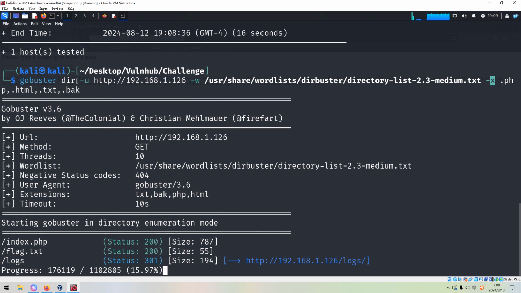And dir is the subcommand. Although GoBuster can support other types of subcommands like vhost, the subcommand I use most with GoBuster is dir, which stands for directory.